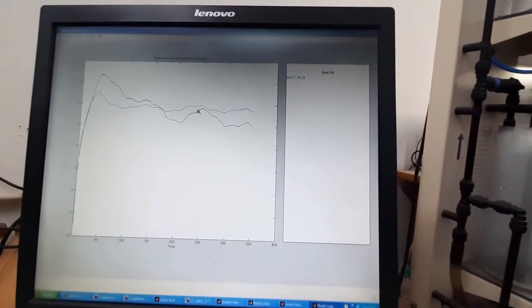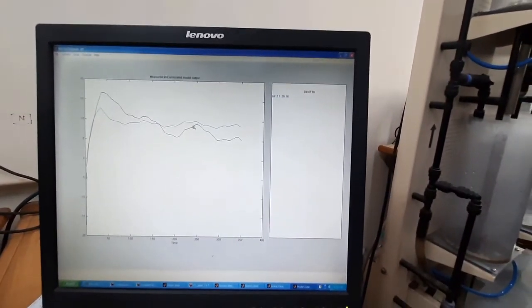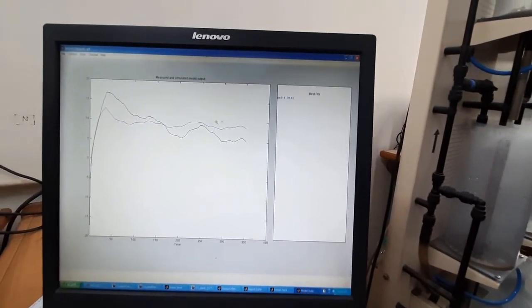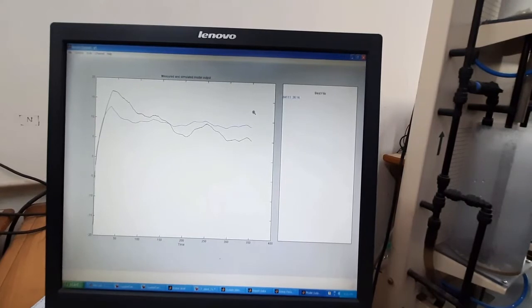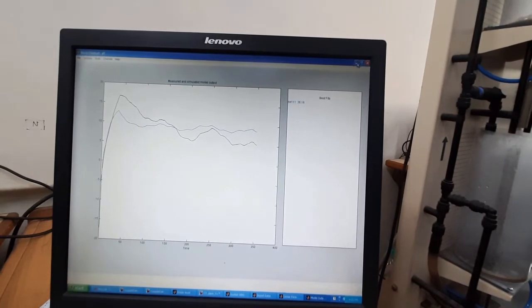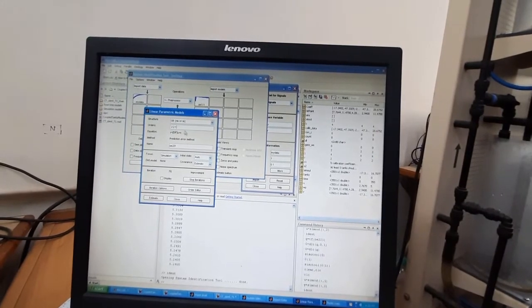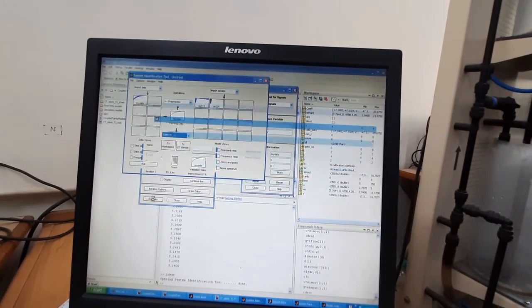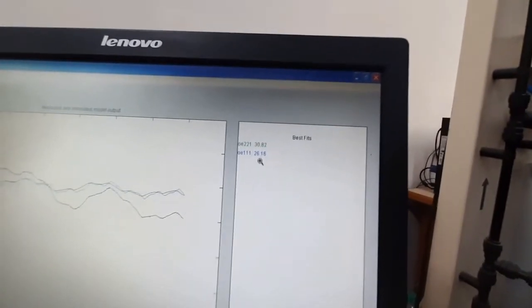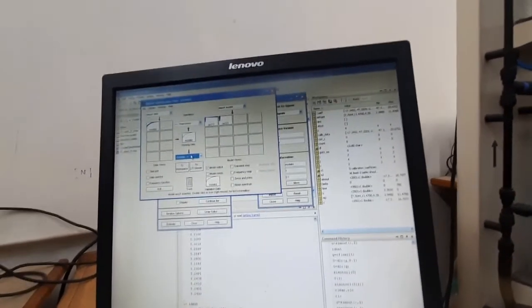That is our target, because if the model is wrong, and you are making a controller on a wrong model, then it may happen that the controller will not work on your real-time system. So for that, you have to choose a model in such a way that it estimates well. So we will try the next one. Again we go here. Suppose we change it to 221. Again we estimate, and we can see it changes to 30.82. So the best fit value increases. In such a way we can try several.